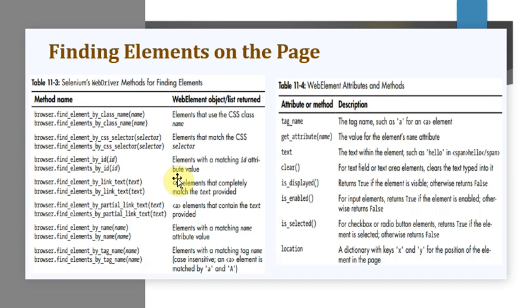Next, we'll see finding elements on the page. Okay, so finding elements on the page. So WebDriver objects have quite a few methods for finding elements on the page. So these methods are divided into find elements star, that is star in the sense it can be by class, it can be by CSS selector, by ID. So it can be divided into find elements by class. This is one. And the other one is find elements underscore star.